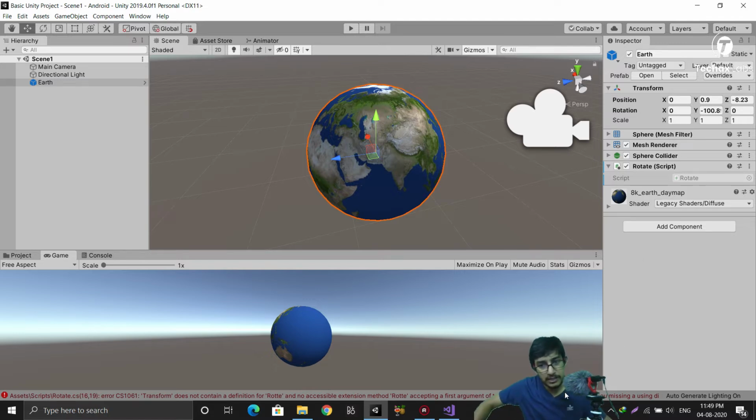Errors may also be generated due to various other reasons. I have told you one reason, and there can also be other scenarios. For example, I am telling you a common scenario. When you download and import an asset from the Unity store or from anywhere else, say for example if your asset is very old and it is not supported in Unity 2019, then you will get some errors and warnings.